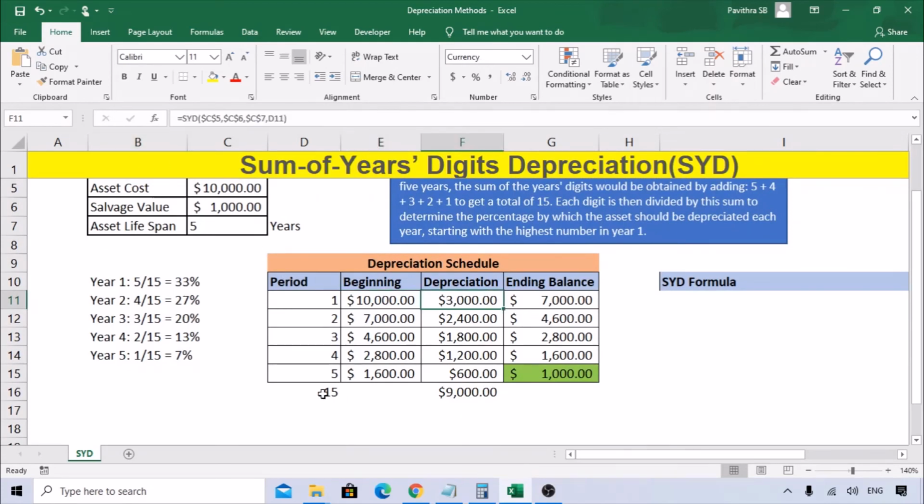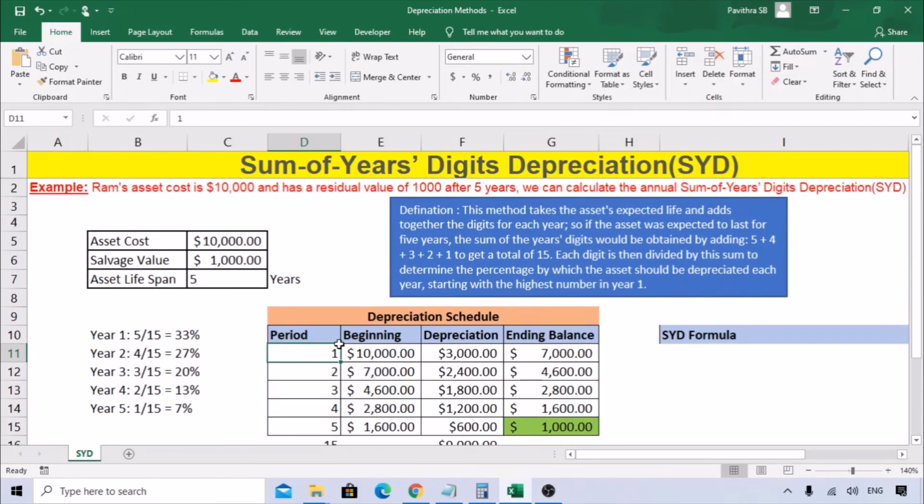So it is taking the sum, a very simple method and very easy to get. It is only 5 years here, so it is adding up to 5. If it's 10 years, it adds up to 10, and it will use the highest number. The first number will be 10 divided by the total. Whatever the amount will be, you can use it like that. So it's a very simple and very useful function.